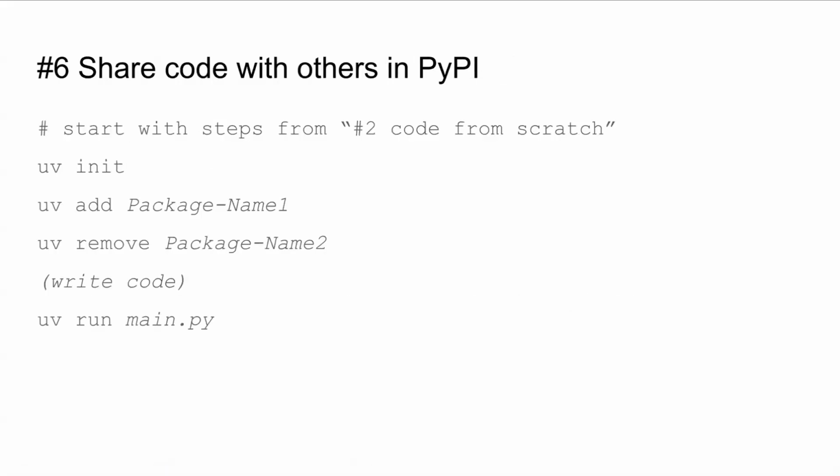And this is really advanced. We've never really spoken about this, but the new thing that uv can support is how to share code as a distribution in PyPI. And again, you start with the same process of starting from scratch. You do init, you add your package name, maybe you remove, you write your code, you run. Once it's running,